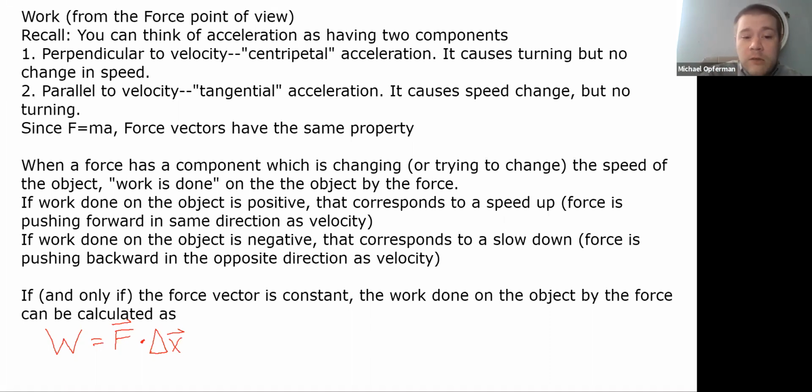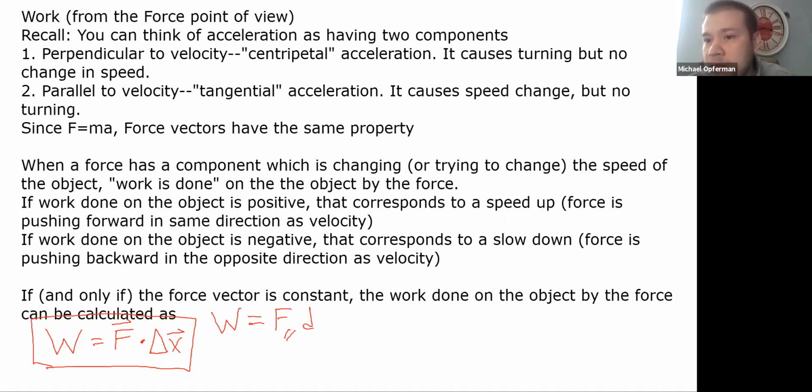If you want a more detailed formula, this is really the best way to think about it, I think, but it might be a little bit too mathematical for some people. So other ways that you sometimes see it written, a lot of people will write it as something like F parallel times D, where here, if you go back to the dot product video, I talked about this terminology,